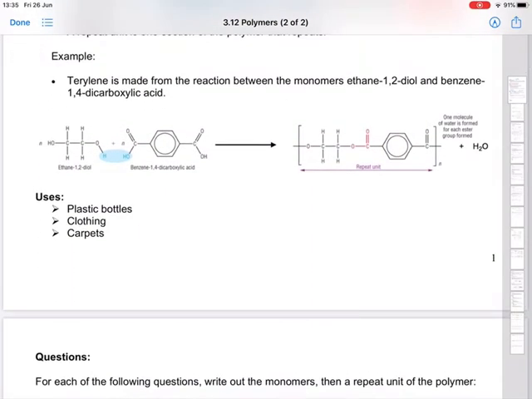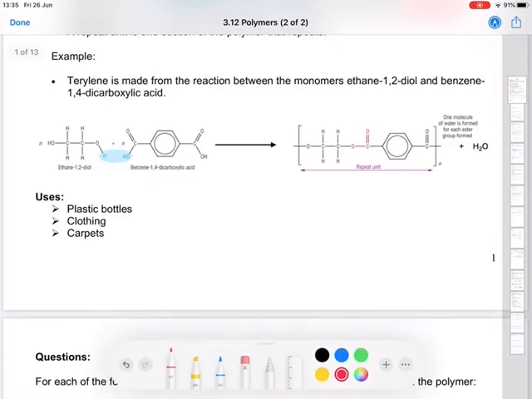So pterylene is an example of this, which is the reaction between ethane 1,2-diol. And there we go, look, there's the water being eliminated. We'd have the same off there and the same here. Remember cutting between the carbonyl and the OH on the carboxylic acid, which gives you this really long repeat unit here. And there's the water that has been eliminated. Here is your ester linkage group, and